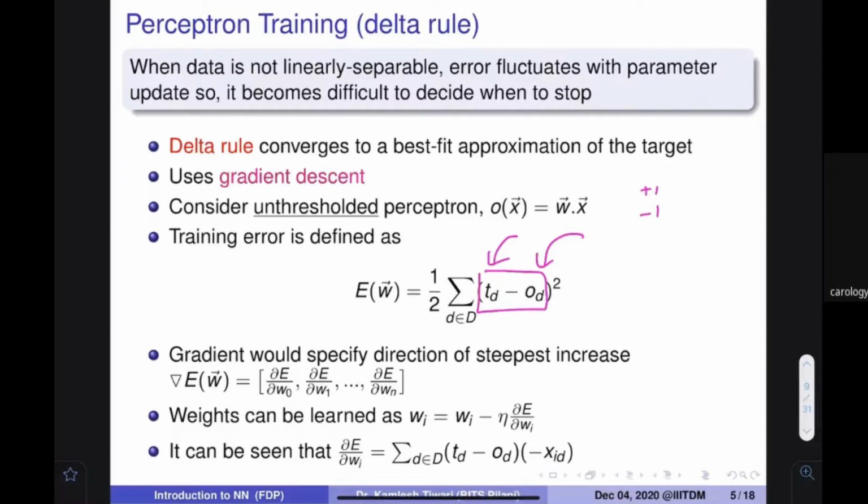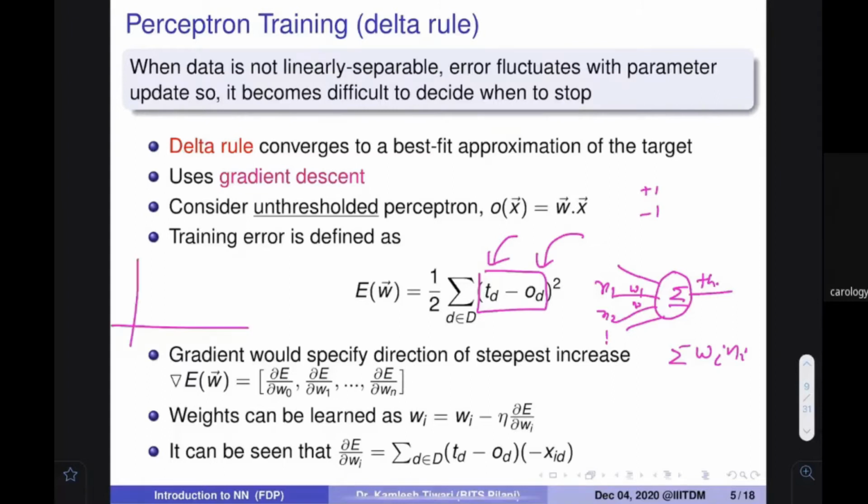What was the network architecture? You are using x1, x2, these inputs, and there were weights W1, W2. You find the summation of Wi Xi, and then you apply a threshold on this. If the summation is less than 0, then you say -1, otherwise you say +1. This is clear to you. One problem that we highlighted in the previous session is that when you use those kinds of training, the number of errors is sometimes reducing, sometimes increasing, and this kind of behavior you are going to get.